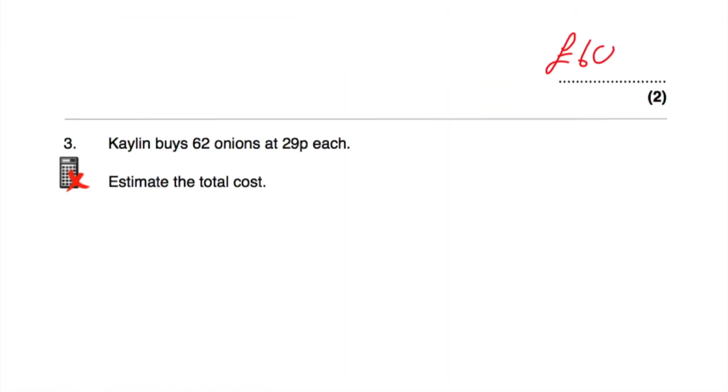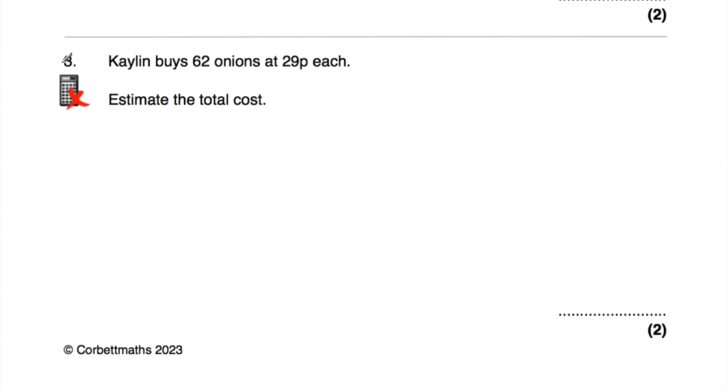Okay, let's have a look at our next question, question number 3. So question number 3 says, Keelan buys 62 onions at 29p each. Estimate the total cost. So rather than working out the exact cost of the 62 onions by doing 62 multiplied by 29,